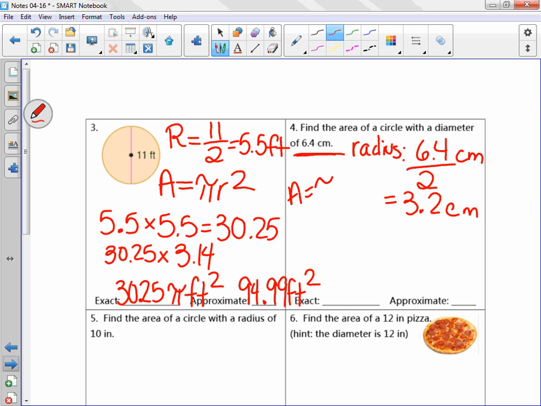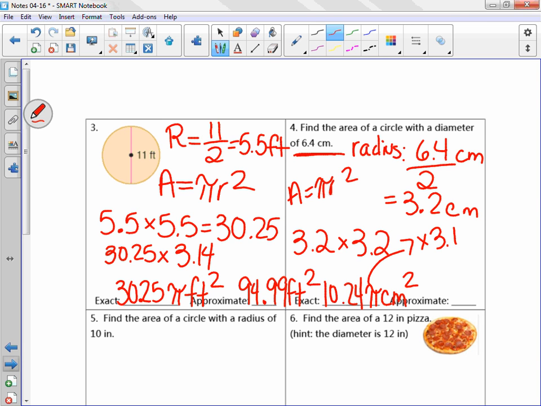Area equals pi times radius squared. So 3.2 times 3.2 equals 10.24 pi centimeters squared. That would be the exact answer. For my approximate answer, I just multiply by 3.14, and my final answer for the approximate value would be